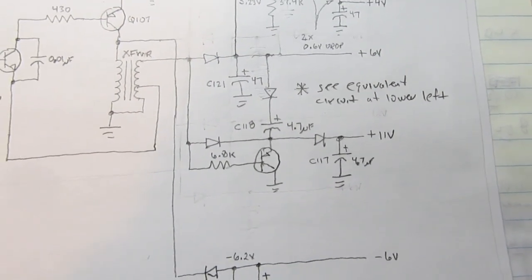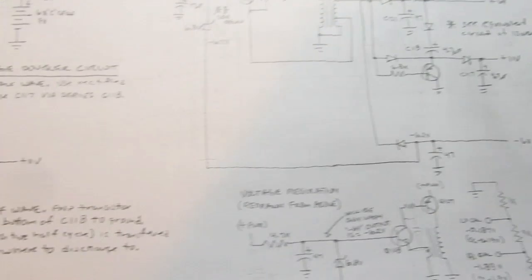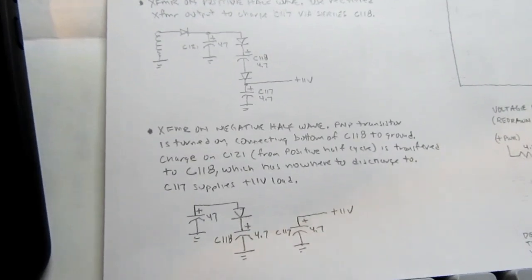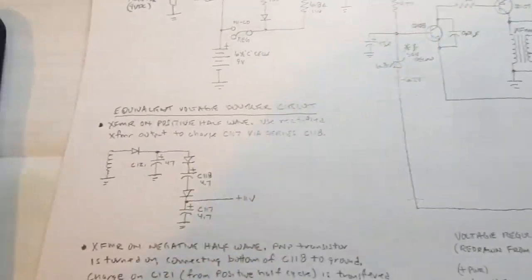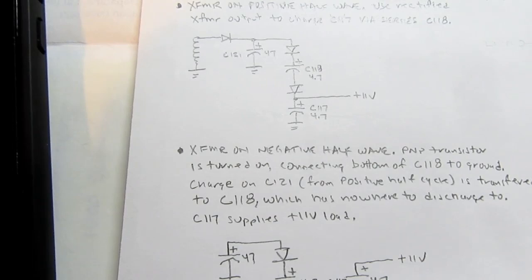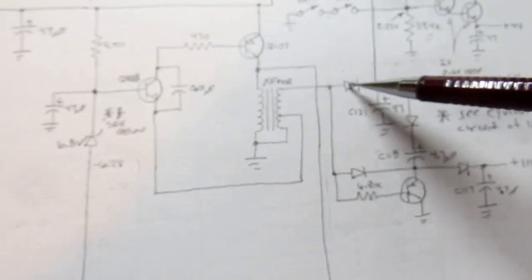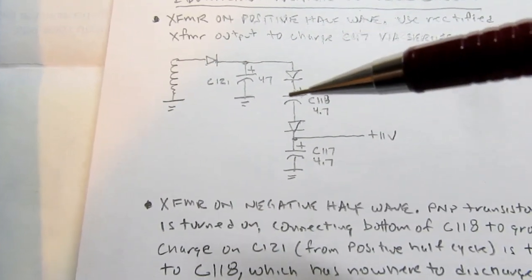Now I promised to spend a little more time on this little voltage doubler circuit here. What I've tried to do is treat it as if there's, I actually call it a positive half wave and a negative half wave. That's not precisely true, but for this discussion it'll suffice, I think. On one part of the cycle of the oscillation that's going here, this diode here will be forward biased. That's this diode up here. This is just redrawing the part of the circuit that's actually conducting